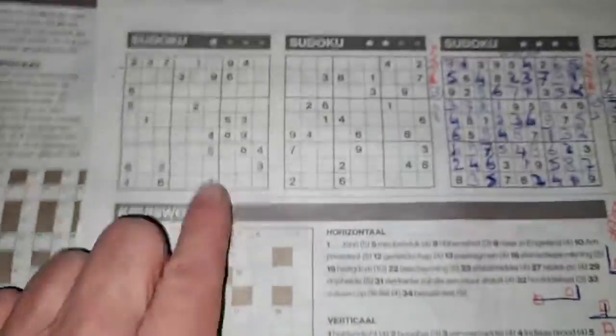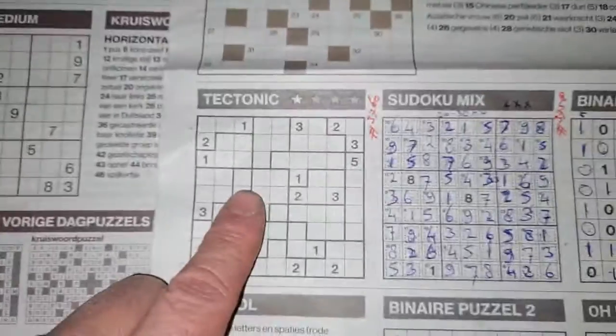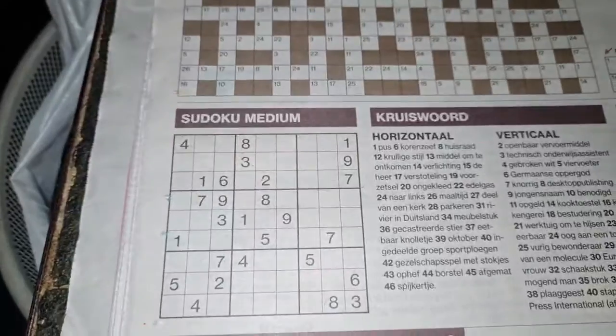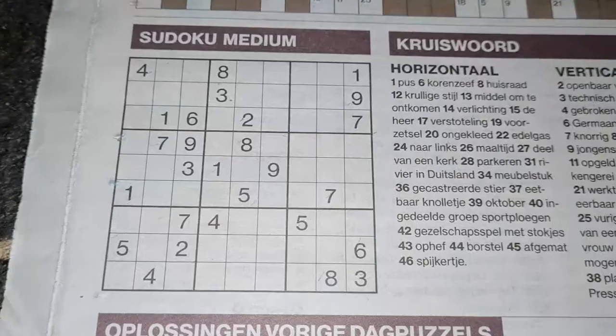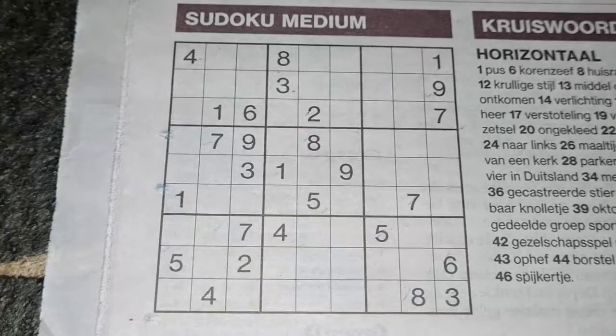Yeah, we have here 4 Sudokus left: 1 star, 2 stars, tectonic with 1 star, and a binary puzzle. So I will do those 4 puzzles today, and of course this new medium Sudoku. Alright, but first we will solve this baby number